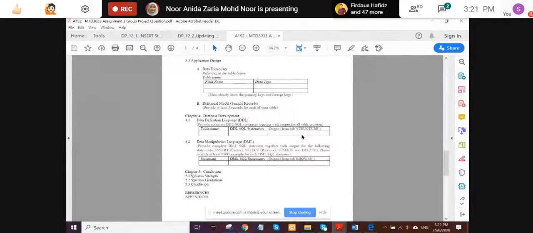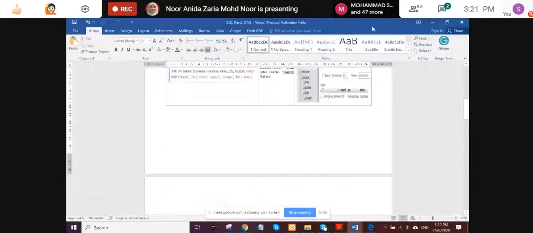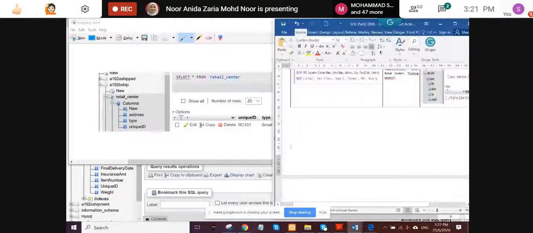under assignment number 3, previously under DDL, we copied from the tab structure for the output. But for this one, for the DML, we copy from the tab browse for the output. So you can see that right now we are performing insertion. So for the statement, for example, if I refer to my example for this one,